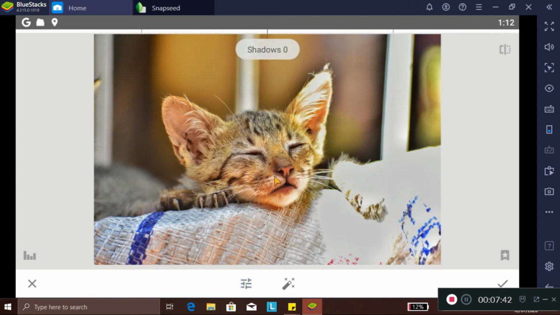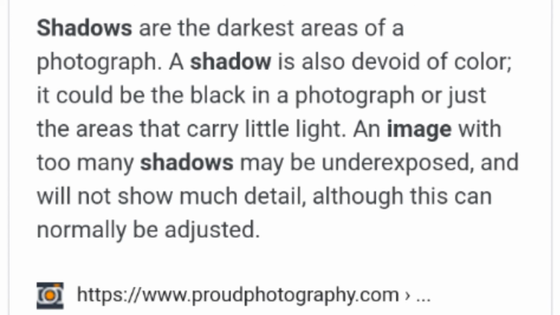So, if yung highlight is the brightest area sa photo natin, shadow is the opposite because shadows are the darkest areas of a photograph. A shadow is also devoid of color. It could be the black in photograph or just the areas that carry little light. So, an image with too many shadows may be underexposed and will not show much detail, although this can normally be adjusted. That's according to